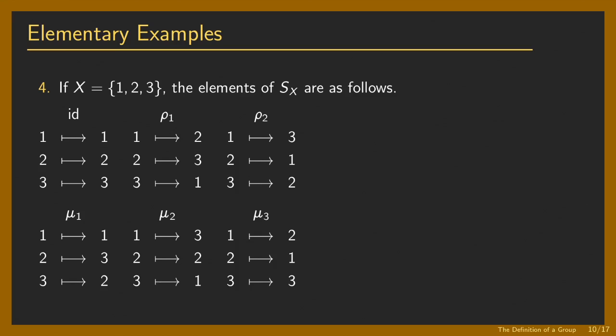So let us say we wanted to know the product row 1 circle mu1. How do you do this? Remember, if we're performing composition, we first apply whatever is on the left. The domain has 1, 2, 3 in it, so the first thing that we apply is mu1. What does mu1 do? Mu1 fixes 1 and interchanges 2 and 3, like so. And then we apply row 1. Now, according to this chart,